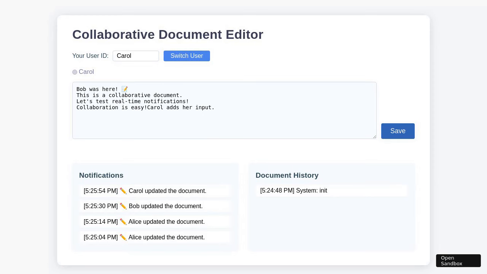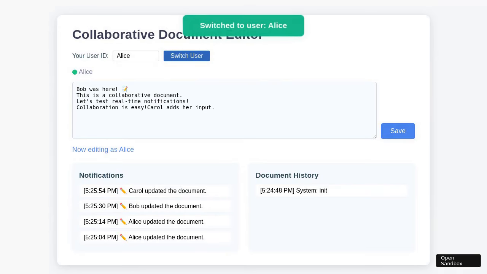The editor reflects Bob's updated content. Attention shifts to the presence indicator, showing active collaboration and confirming that multiple users are interacting with the document in real time. The user ID is changed again to Carol, and after clicking Switch User, a notification signals the new